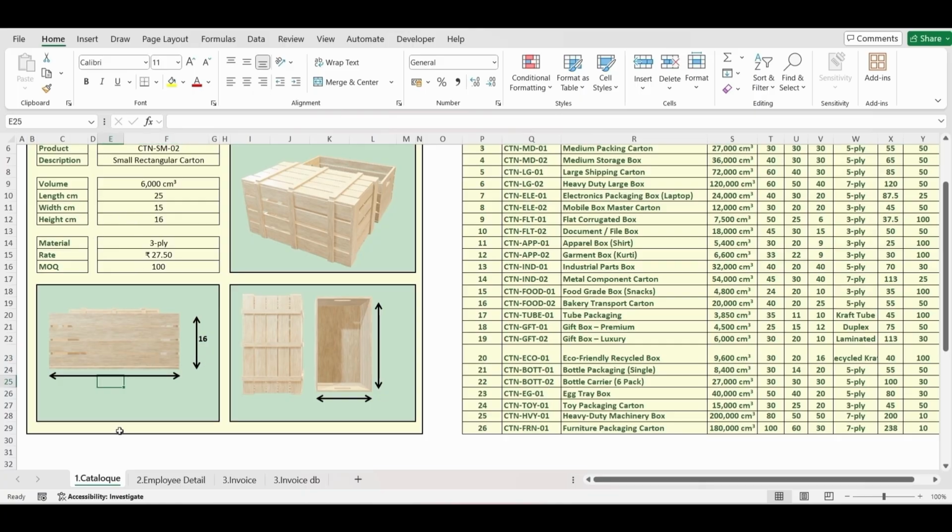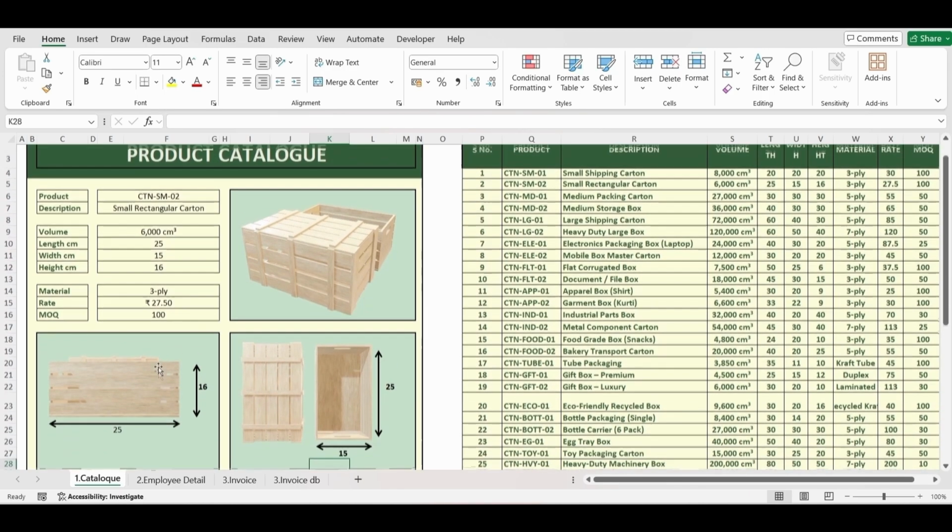For the length section, I can simply type is equal to and reference to the E10 cell where length value lies. Here also you can simply select the length value, and for this particular cell it's actually referencing to the width. So you can see all the dimensions from here gets transferred over to the views.